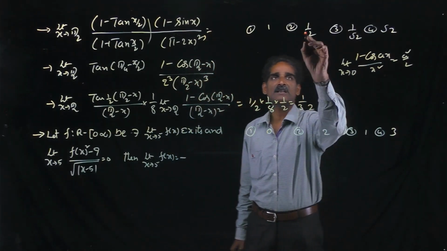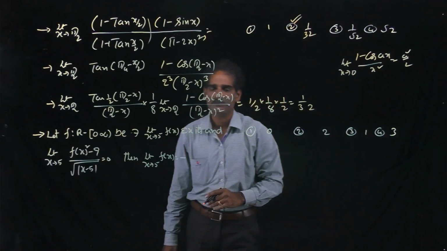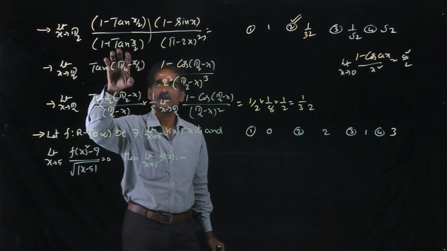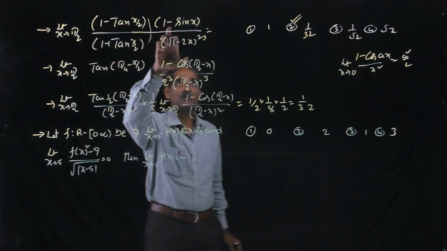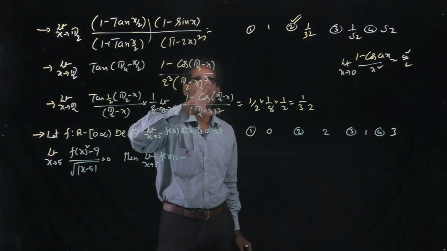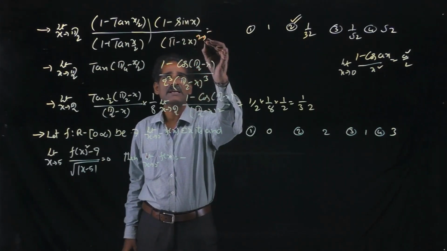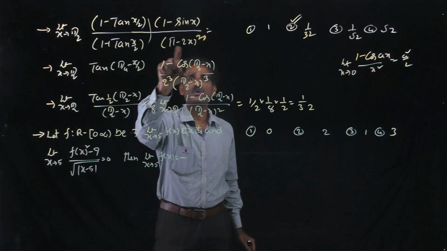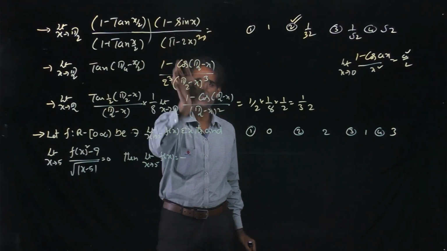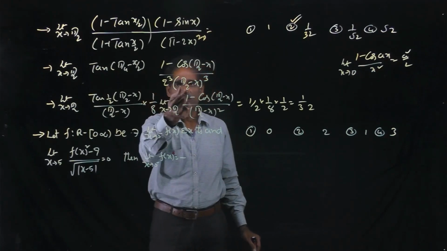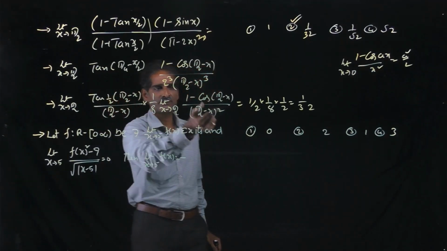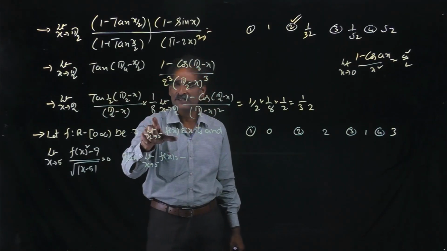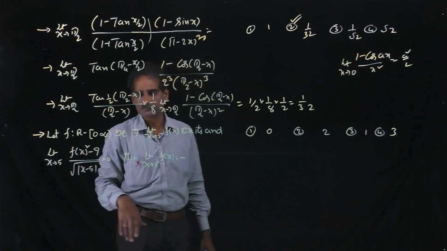Okay, 1 by 32. This is the right one. 1 minus tan by 1 plus tan means tan of (pi by 4 minus x by 2), tan of pi by 4 minus theta. You can write 1 minus sin means 1 minus cos of (90 minus x). Just here cube is there. So here the angle is 90 minus x. Just take 2 common from this: 2 cube into (90 minus x) whole cube. For this function just only square required. So adjust 1 term for this and the remaining put there. Now it is in the standard form, 1 minus cos theta by theta square gives 1 by 2. Already 1 by 8 is there. Tan kx by x equal to k. Now come to this.